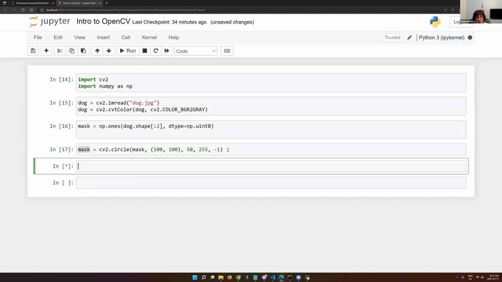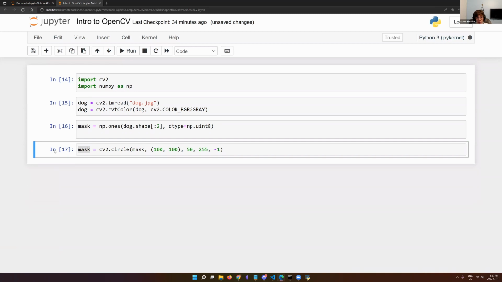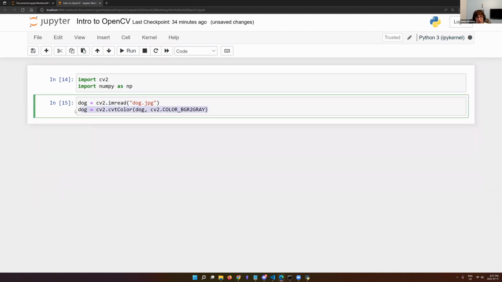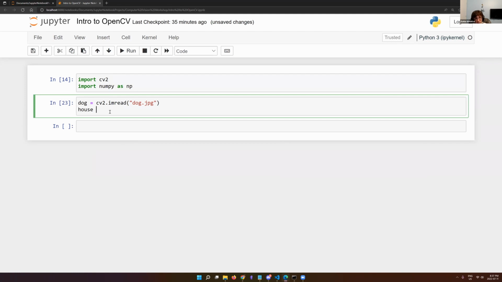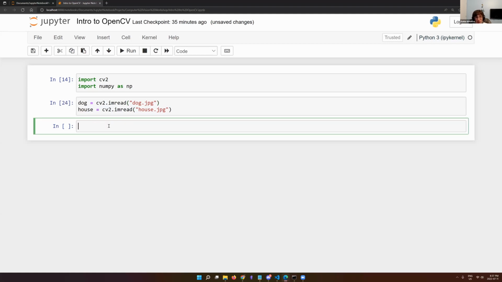So if I were to remove those as well, the dog here, just call this in. We have to close this. Here we go. What we'll do essentially is load also a house: cv2.imread house.jpg. That's great. What we can do then is blend them. It's actually very easy to blend them. You'll just need to use blend, and you just call